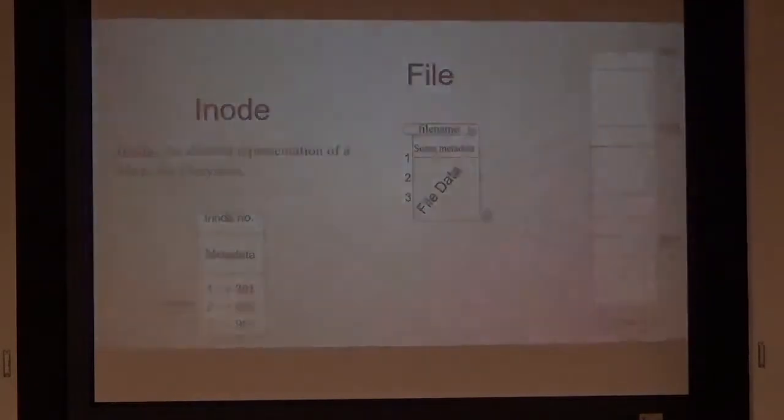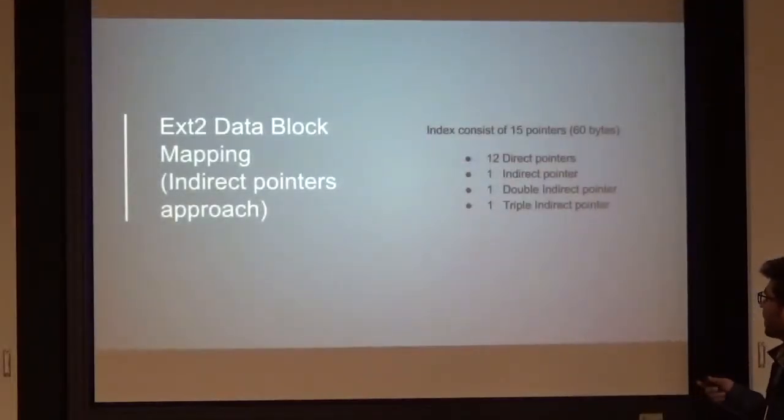So here we have limited space, and in the Ext3 file system we have 60 bytes for the file index in the inode. So basically in the inode we have just 60 bytes to map all the file data blocks,